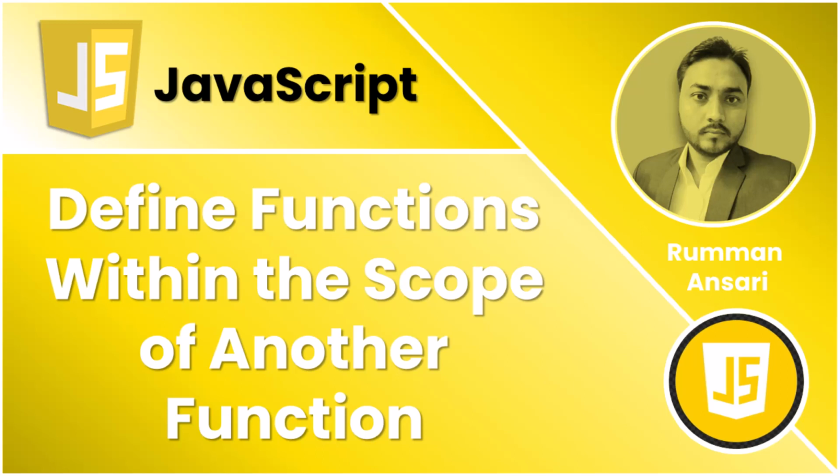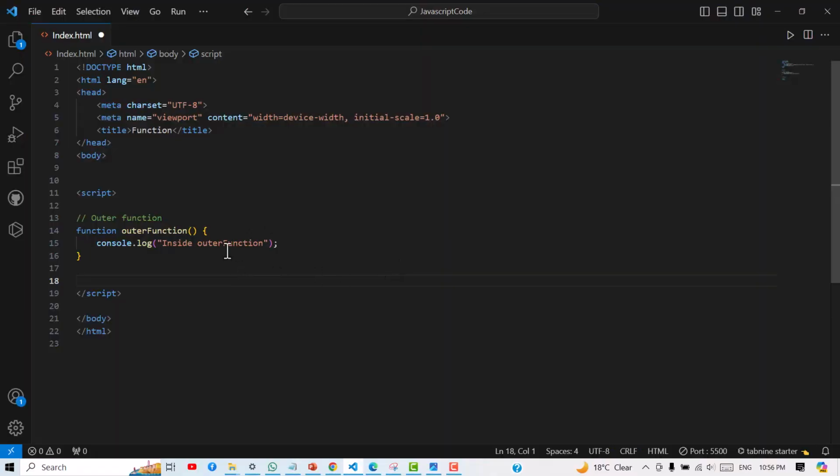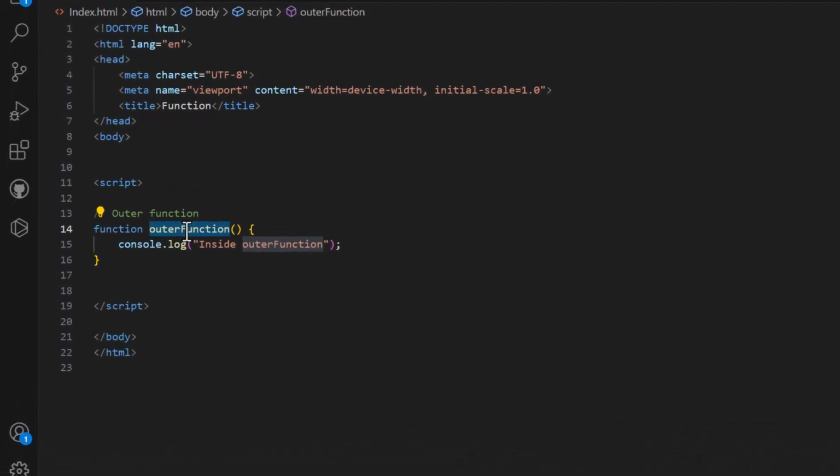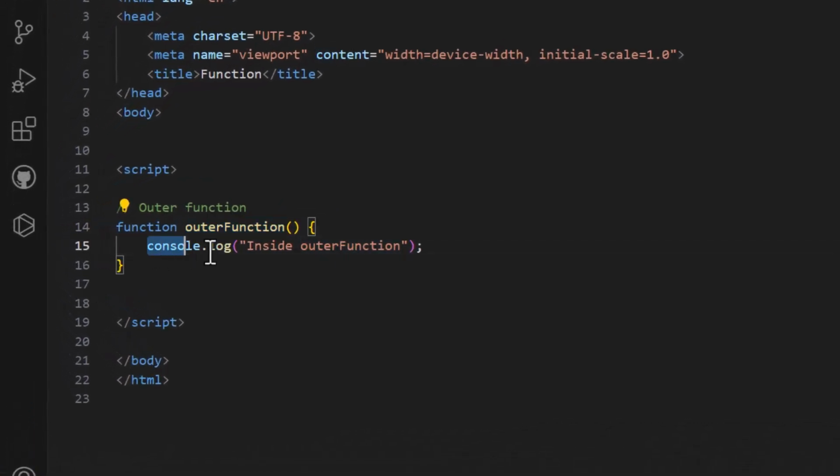In this video we'll talk about how we can define a function within the scope of another function. So let's see this particular example, then it will be easier for you. For example, we have an outer function. So the name of this function is outer function, and if you want to show the output, see the output